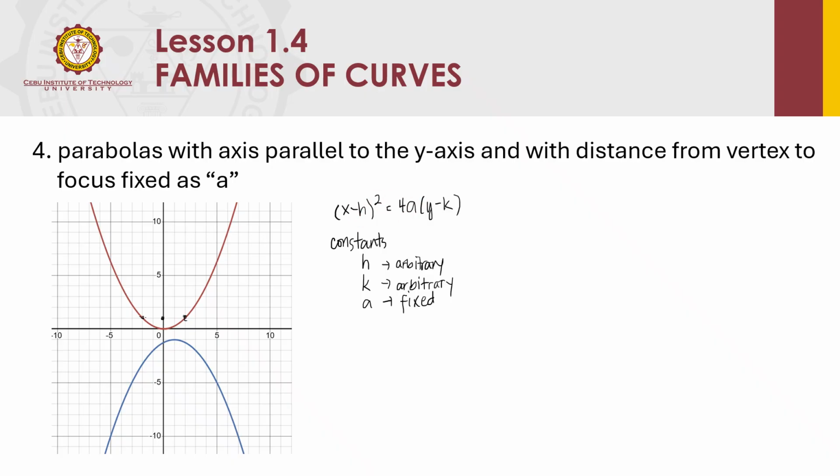Okay, so we get x squared minus 2hx plus h squared. And on the right side, we have 4a, so no need to distribute 4a to y minus k, so as is lang. Since after differentiation, k would be eliminated. So now differentiate